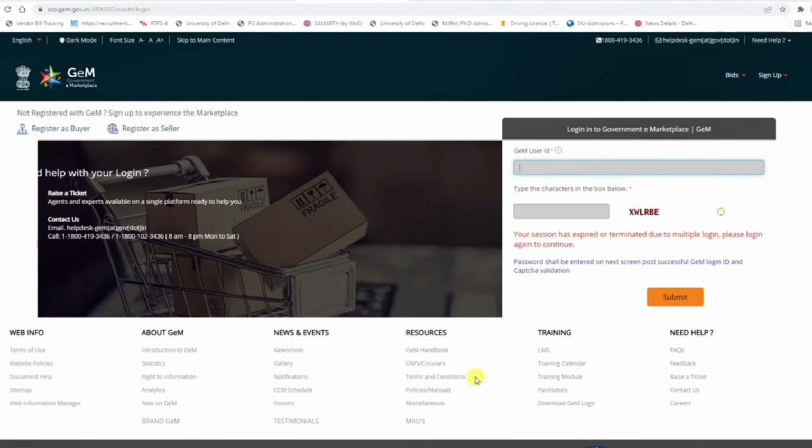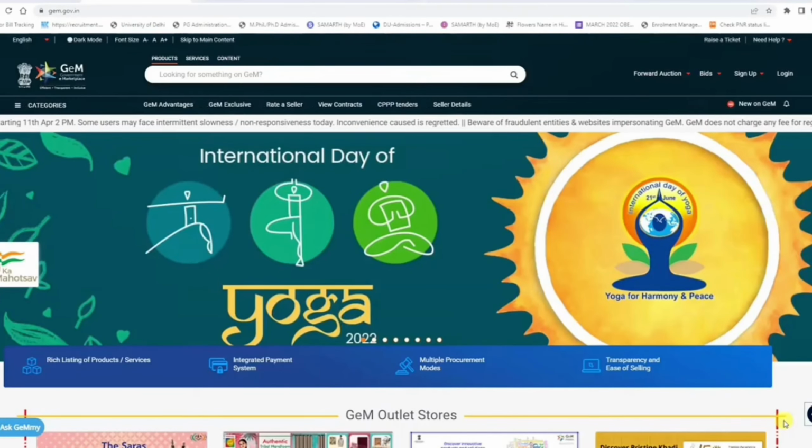In this method we have to purchase the item, but there is a financial limitation, around 25 to 30,000. Items within that limit we can give a supply order directly. The other method is to make a comparison and find out the L1 of the product. If you find the L1, then subsequently we place the supply order of the product.